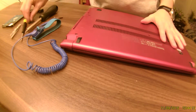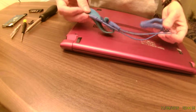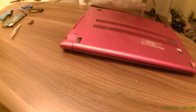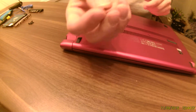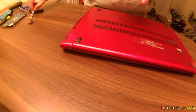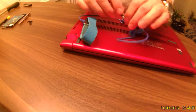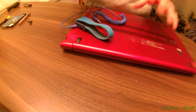So first of all, these are the tools that you need here. An anti-static wristband, a screwdriver, or a little screwdriver. I'm just going to use this one. You should have all these things around the house. I also use tweezers because sometimes these little screws can drop, and you need to pick them up carefully without rolling them around. The only thing you might not have is probably the anti-static wristband, which you can get online super cheap. It basically just ensures that you don't damage any components in the laptop